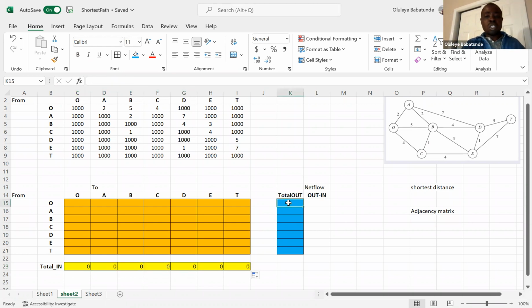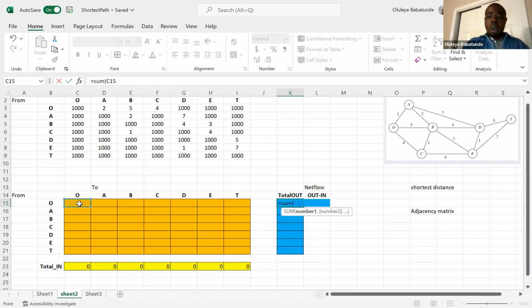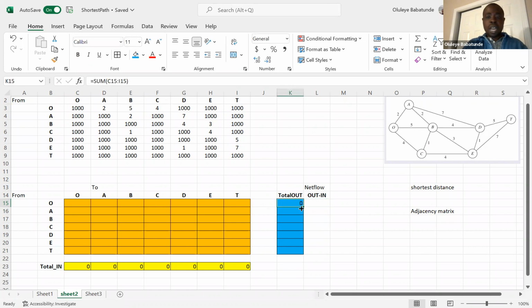Also, what I've just done here is column sum. I can also do row sum, equals summing all the rows in orange cells. Then I can drag this when the plus button appears. I can drag this and bring it down. Now the net flow here, let me make that color to be